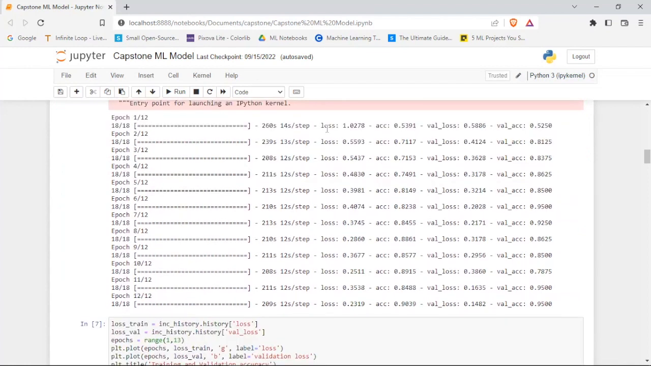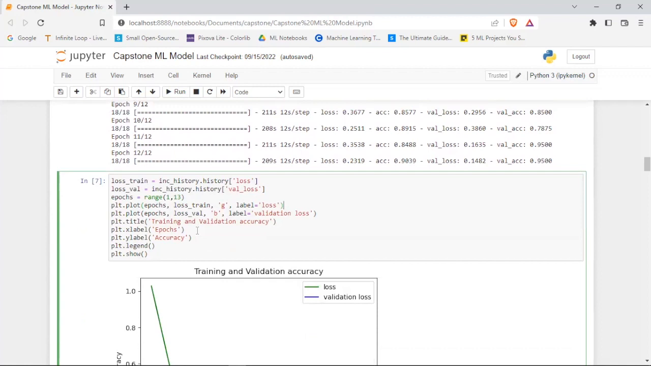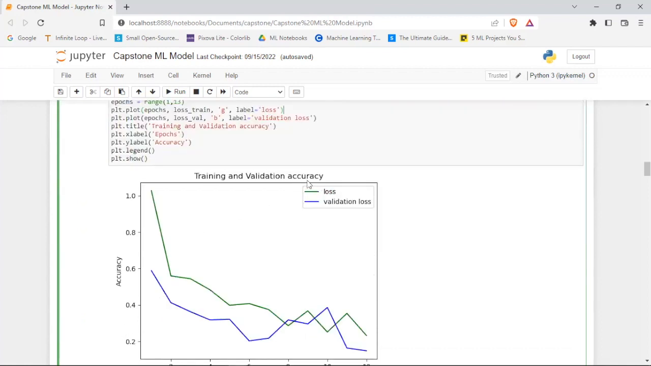So starting with epoch number 1, the accuracy was a mere 53%, and the time it is taking per epoch is 260 seconds. And the accuracy after 12 epochs finally reached 90%, and the validation accuracy reached 95%. So here what we are doing is plotting the training and validation accuracy with the help of